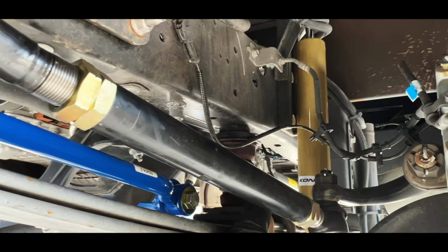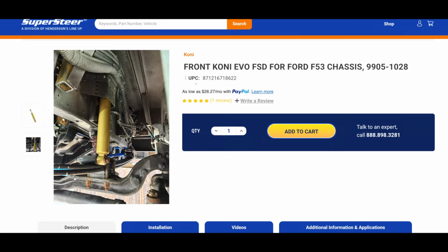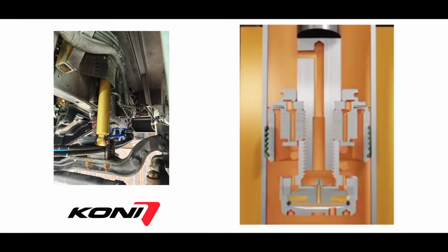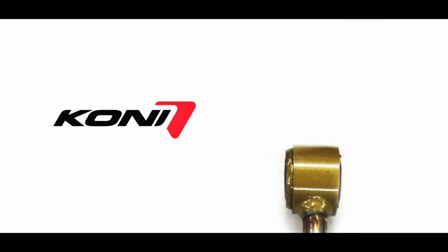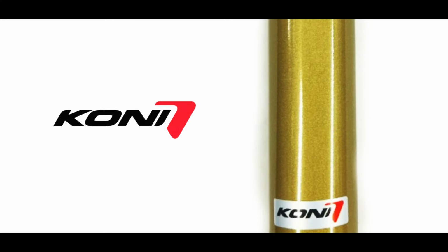Panning over here, we have the new Koni shocks. They were actually made specifically for this chassis. The Koni Evos use advanced frequency selective damping to adapt in real time, delivering firm control during turns and soft comfort over rough roads. With a larger 50mm piston and higher oil capacity, they offer improved ride quality, reduced sway,